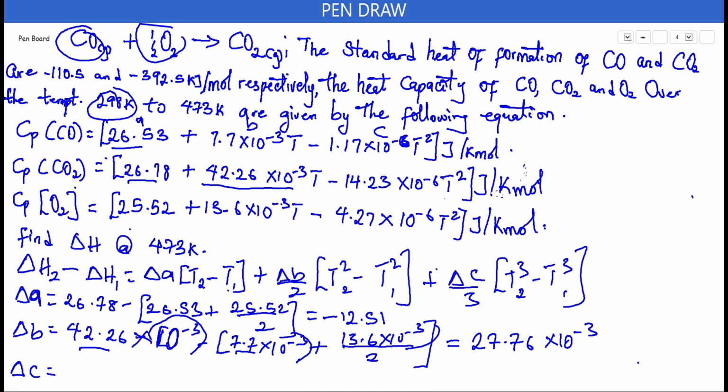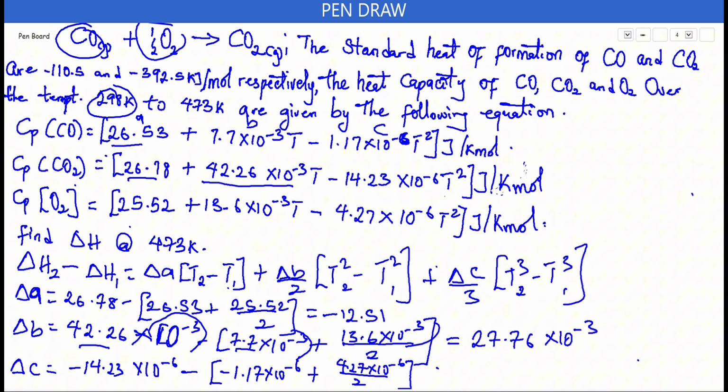So getting our change in C is very, very easy. It's the same way we did that. Our value for CO2 is minus 14.23 multiplied by 10 raised to power minus 6, minus, we open our bracket, what we have as our CO is minus 1.17 times 10 raised to power minus 6, added to what we have for O, which is 4.27 times 10 raised to power minus 6, then we have to divide it by 2. Since 10 raised to power minus 6 is similar in everything, you can just take what we have at the front, that is minus